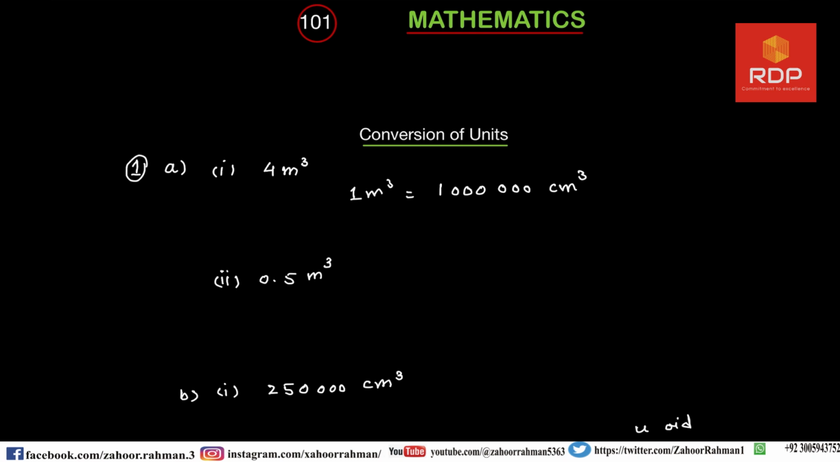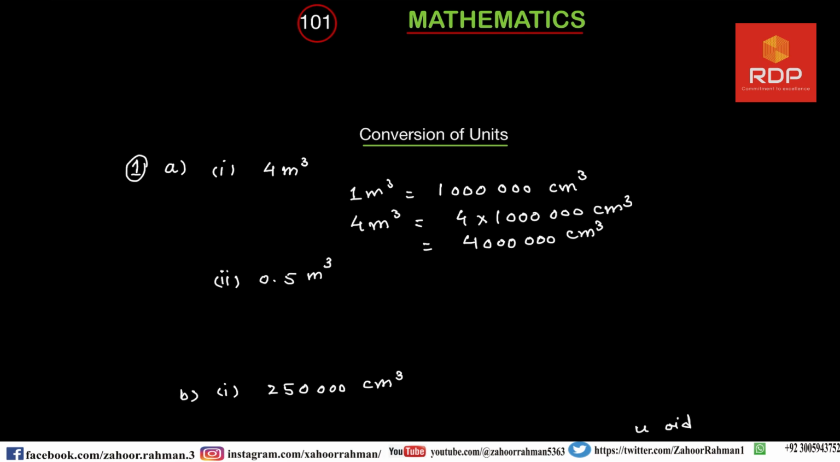And then what will be the value of 4 meter cube? We have to multiply it with 1 million, and that will be centimeter cube. So we are getting 4 million centimeter cube will be the answer. Now next we are having to find